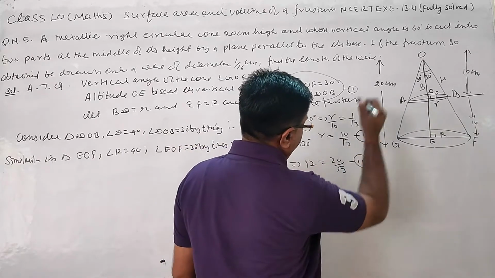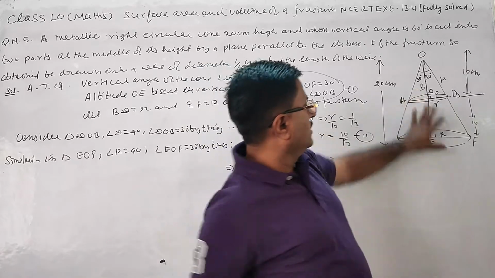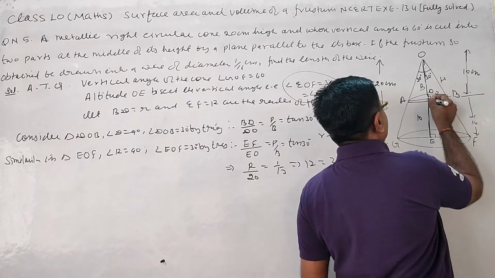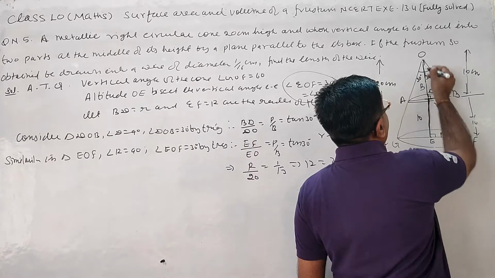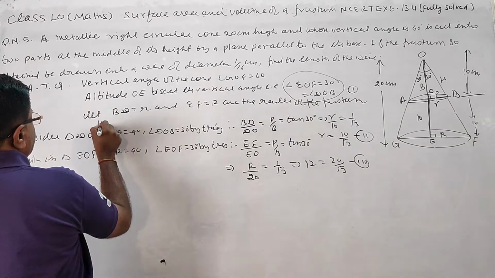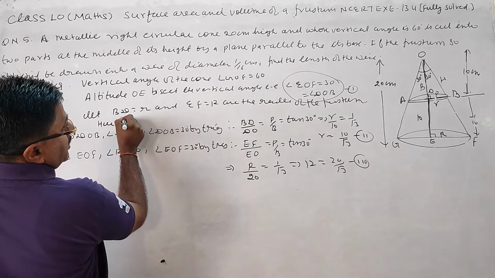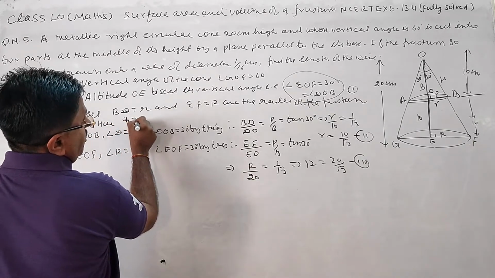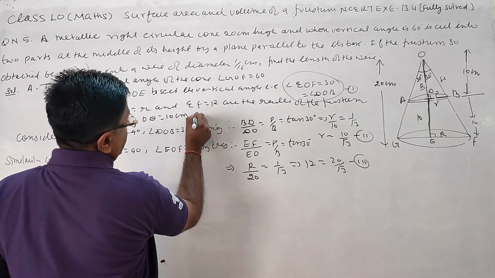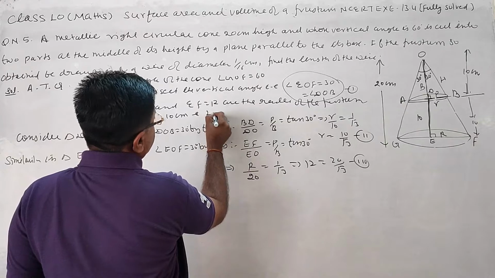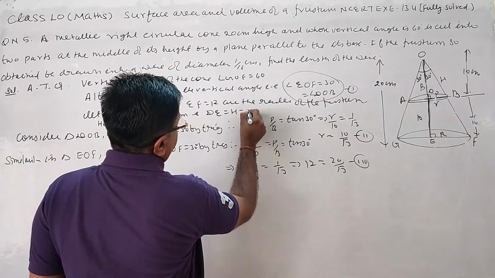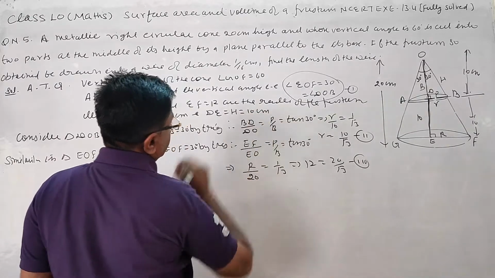So dear student, we are getting this height, already we say 10, divided into 2 equal heights, up to this 10, up to this 10. Clear? So here you can also say small h, or OD, equal to 10 centimeter, and DE, or capital H, is equal to 10 centimeter.